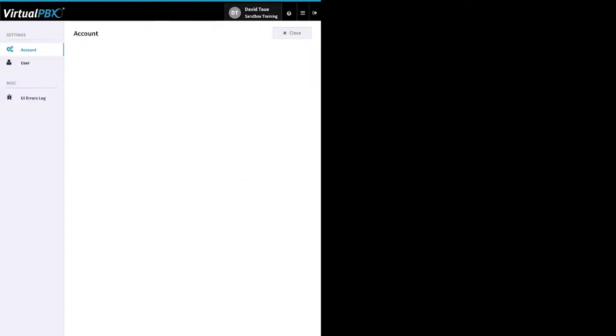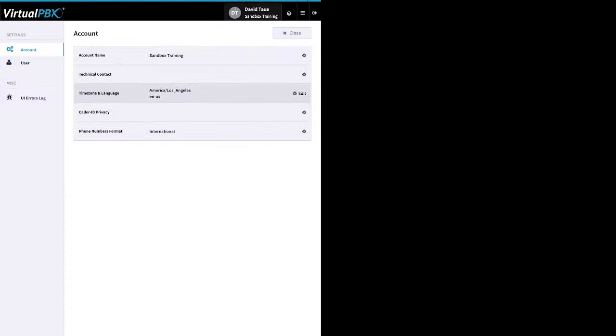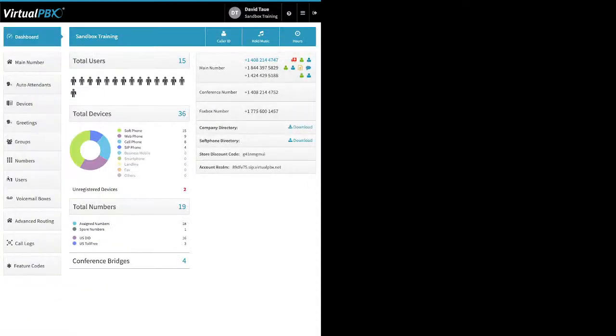As an admin, you also have account level settings. The main thing that's typically changed is the account time zone. If you choose to change the account name, we ask that you let our billing team know because there are some other things they need to change on their side. Additionally, on your accounts, you'll have another section here for billing information, for things like being able to see previous invoices and see your account plan. You can update who your billing contact information is, and you can also update your credit card on file. When you're done here, you just want to click on the close box